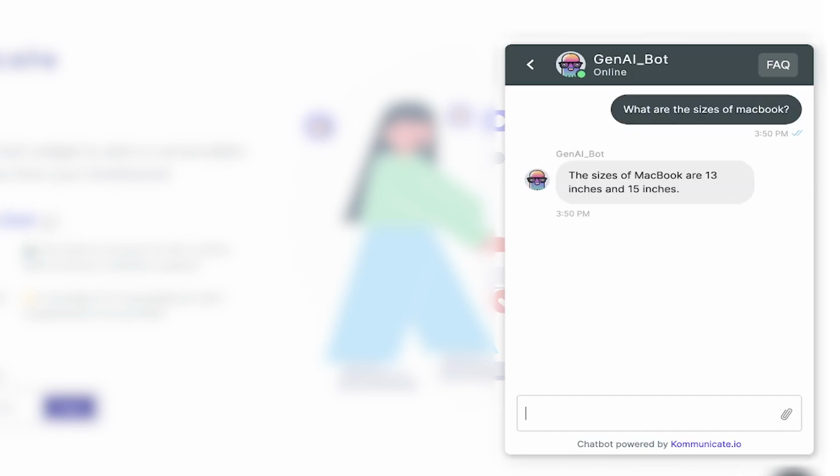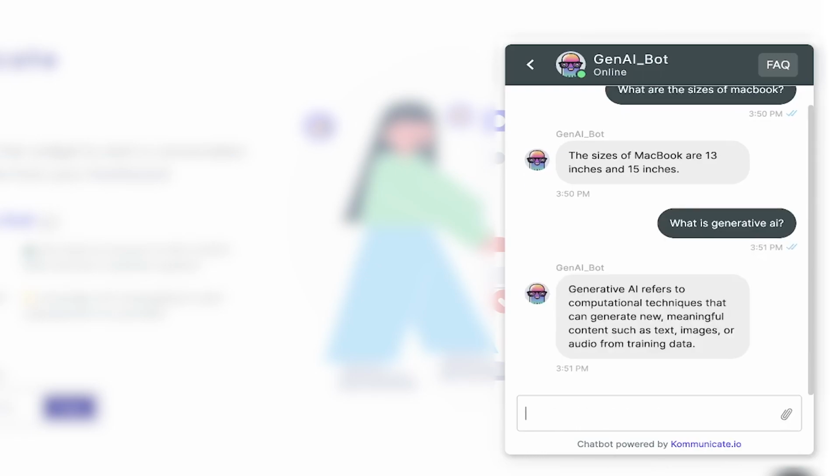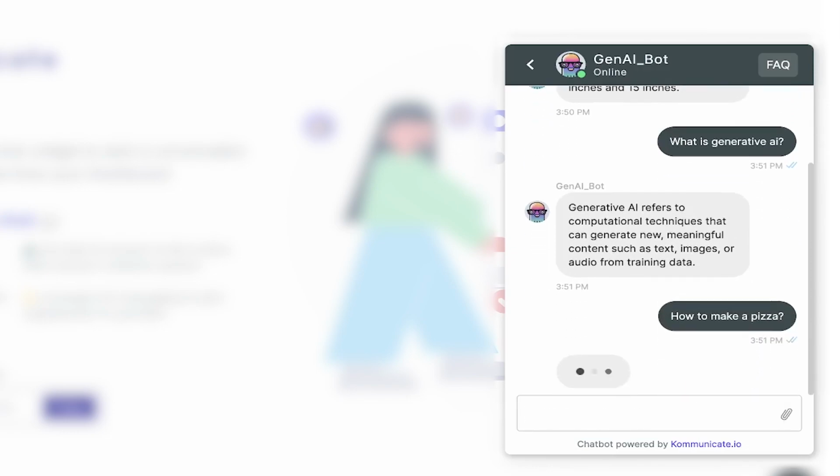Let's give it a shot. There you go, it is now ready to answer any query from the given URL. It's now able to respond to queries from both the sources. But what if the user asks some random question to your bot? Is it smart enough to still answer?